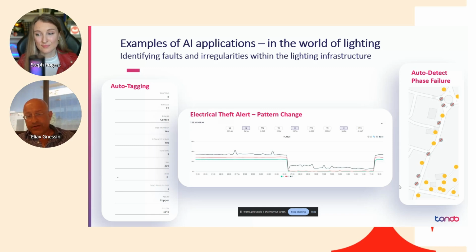The second example you see here is electrical theft. Because we have energy readings from all our controllers, and we have it also in the cabinet, which is the electricity cabinet controller, we actually learn the patterns of how electricity is being used, and we provide alerts when we discover something is out of pattern. We have pattern recognition algorithms that run on the big data. We learn the past behavior of the cabinet, and if we see the cabinet is not behaving as expected, we turn on an alert for the customer.